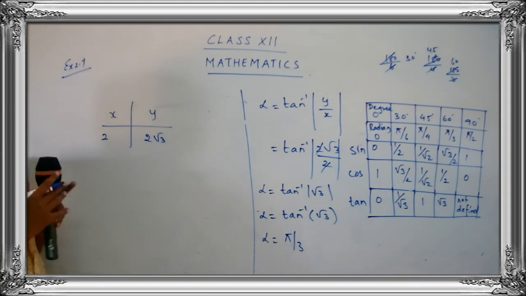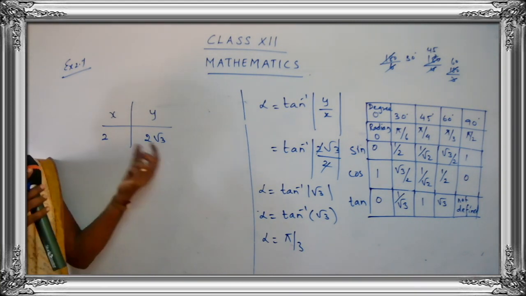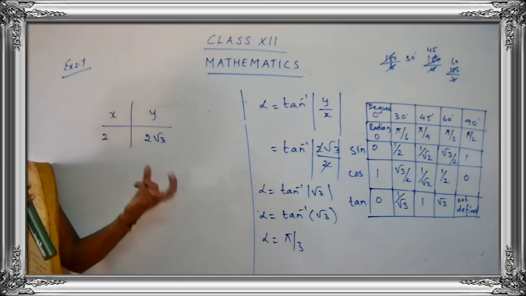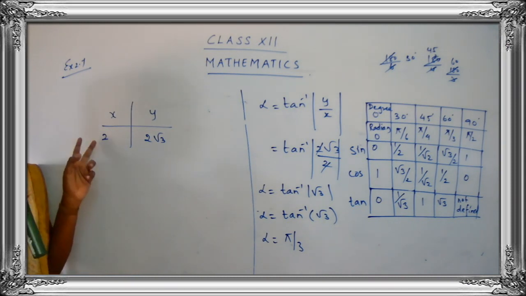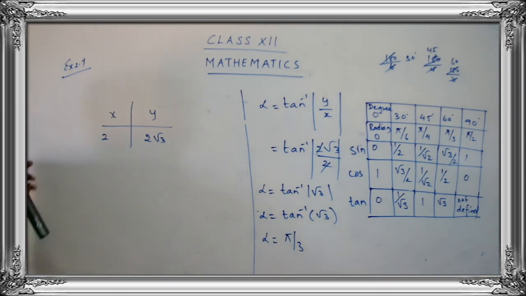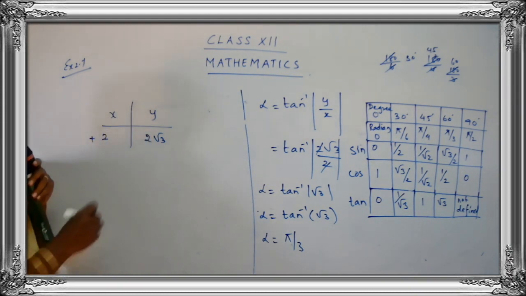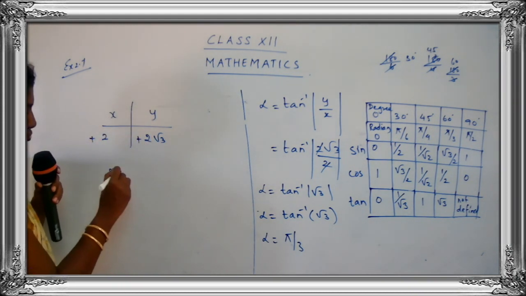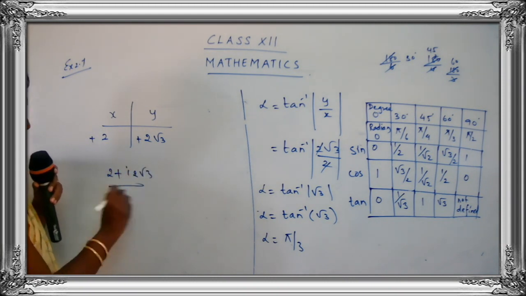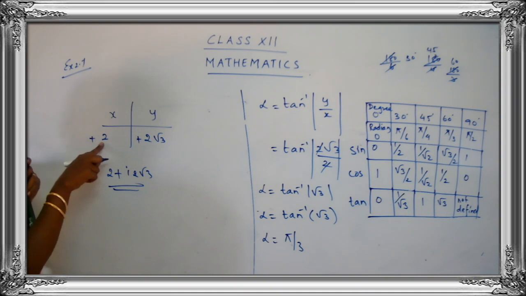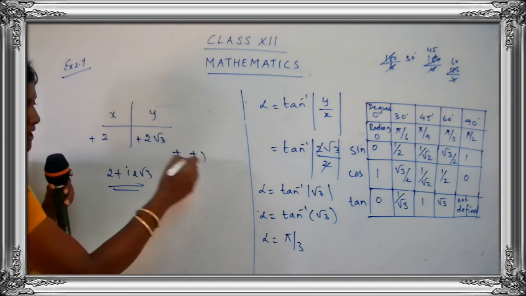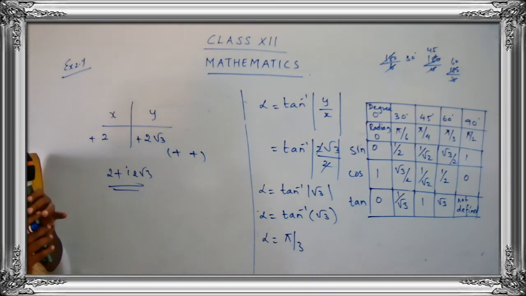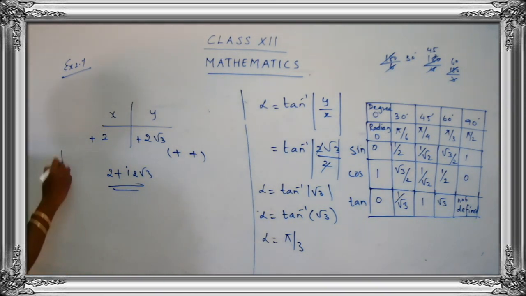Here it is very difficult to find the exact value of y. So what we are going to do is focus on the sign of the x part and the y part. What is the sign of x, children? It's plus. And what is the sign of the y part? The sign is plus. That is, you have the complex number 2 plus i2 root 3. So the sign of the x part is plus and the sign of the y part is plus. That means you have a plus plus value. So where is the plus plus going to lie? It's going to lie in the first quadrant. So remember, we have plus plus over here.